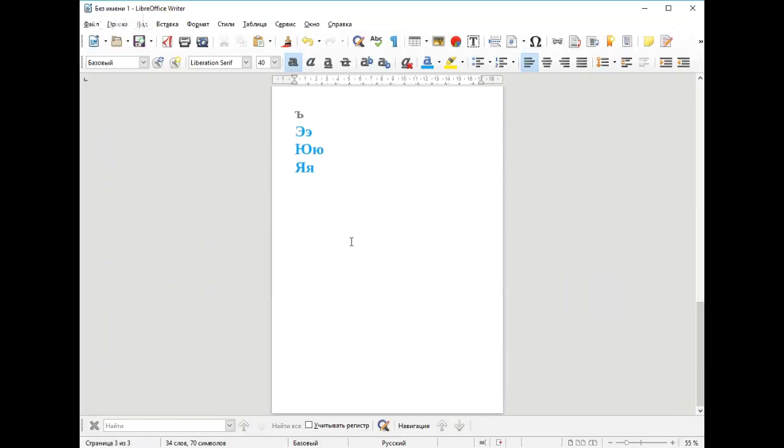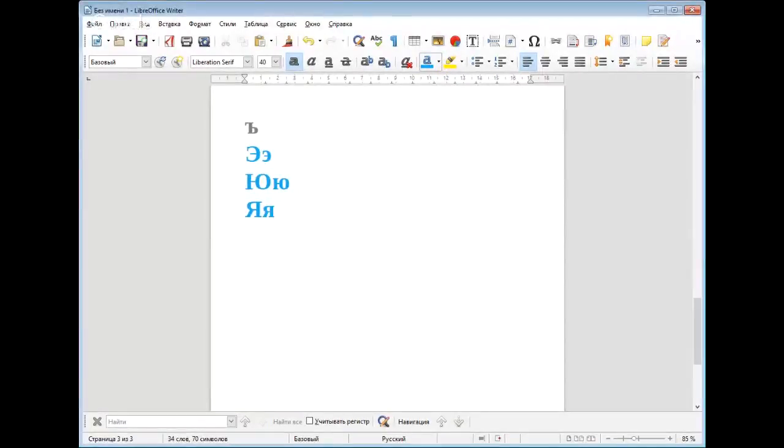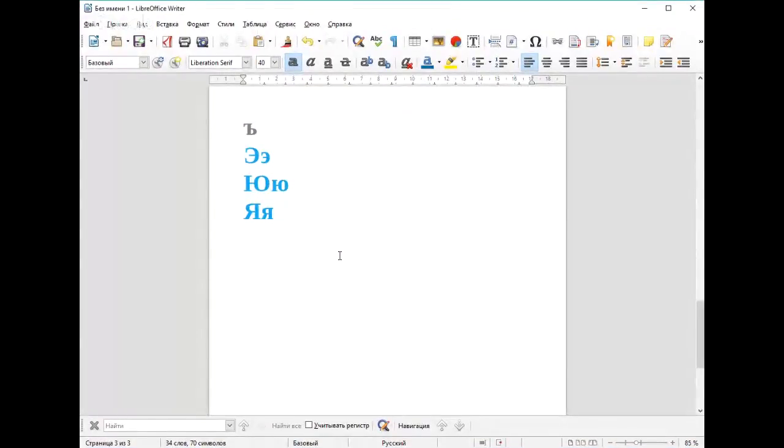All right, so let's try to practice some Russian. Let's write some words in Russian and try to read them. Why not? Let me choose some color for those words. Let's try to write words. I will underline the stressed syllables, okay? Let's try to read this word. P, A, S, P, A, R, T.